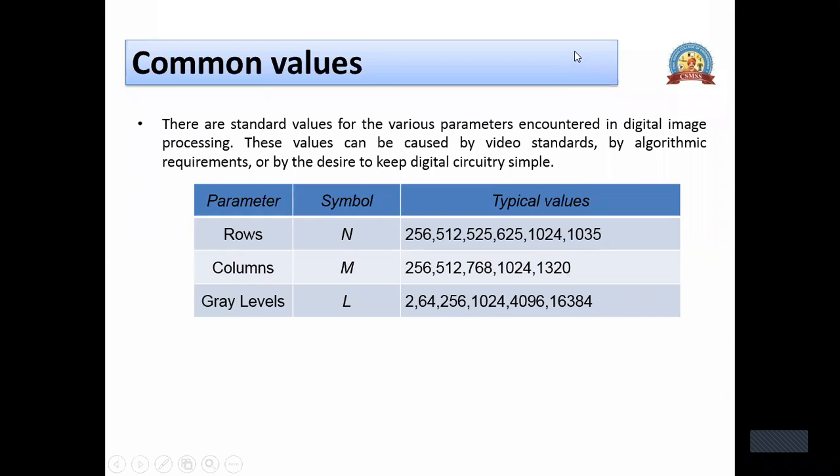Here, 2 is important, because if the gray level is 2, then the image has just white and black color. So it has only 2 colors and is called a binary image. A gray image with only 2 levels is nothing but a binary image. In general, the gray levels will be 256. Most gray level images have 256 levels.